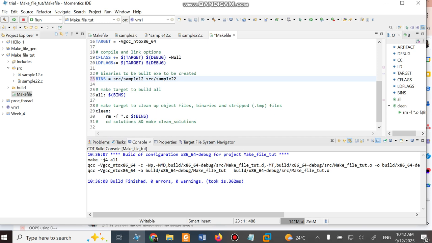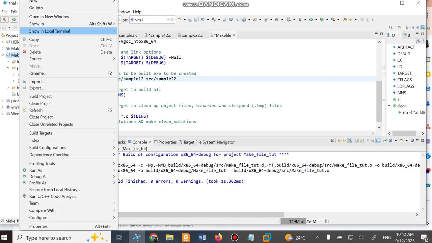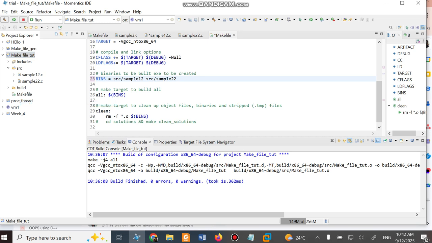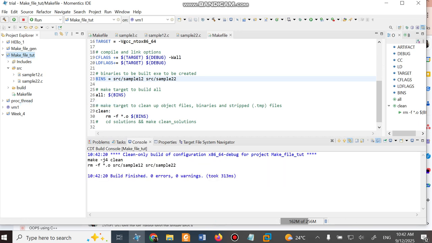And then if I want to delete all the binary files and rerun, you will usually use the clean option. For example, here I will right click and select clean project, then automatically the binary files will get deleted. Those binary files you are supposed to keep over here. That is done under the rule called clean.